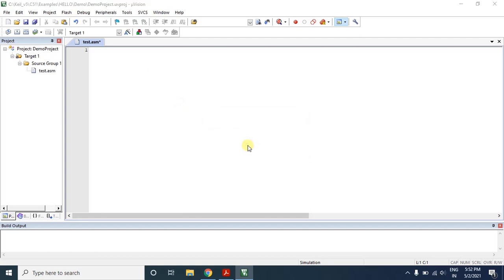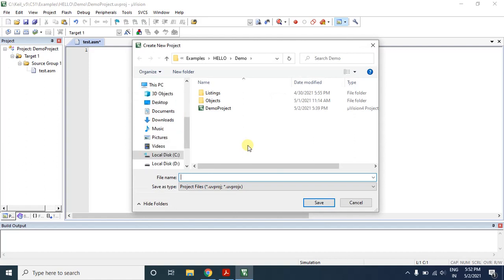Now it will ask for the name of your project. Before you save the project, by default it will take the C drive to save your project. If you don't want to save your project inside the C folder, you can go back and create a new folder also. So here I will create a new folder, and inside that I will save my project. This is a demo, so I'll save this as demo1. I'll enter this folder by double clicking on it.